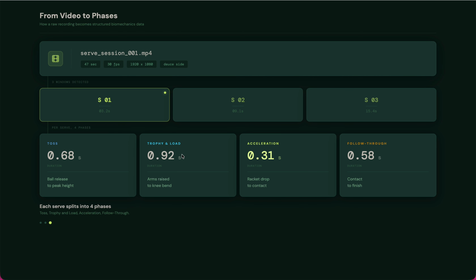It's when you have both of your arms raised after you've tossed the ball, then you're ready to get your racket drop, and then accelerate into the ball. That's the trophy and load phase. Then you have acceleration, where you're whipping your wrist to get your racket to put power into the ball, and then you follow through, right? Which is how you finalize, and then safely come back and get ready to react to the return if there's going to be one. So this is what the setup looks like on a very high level.